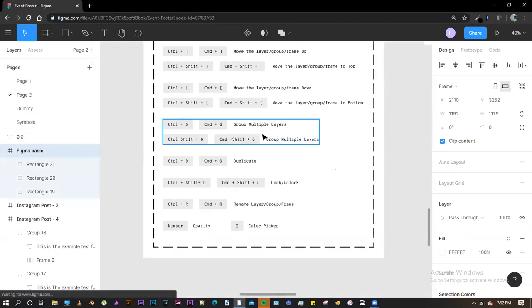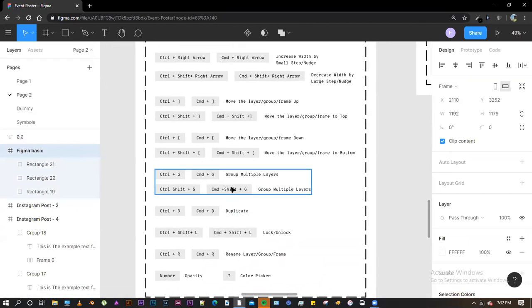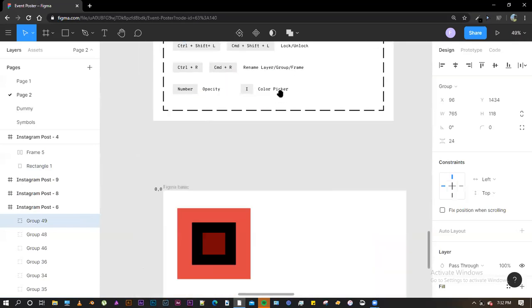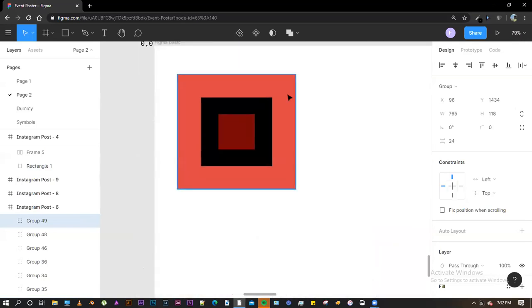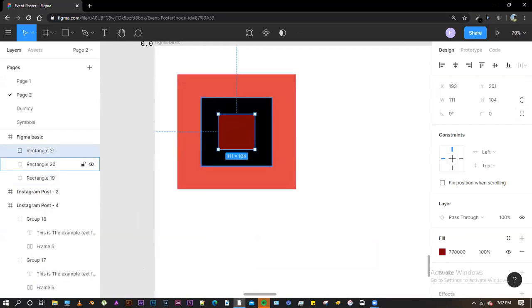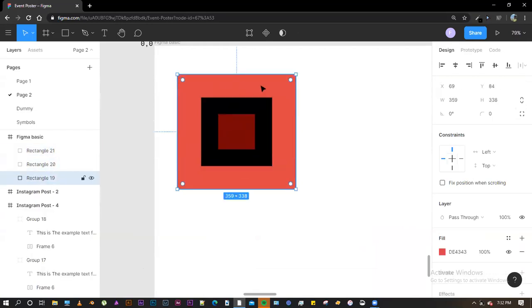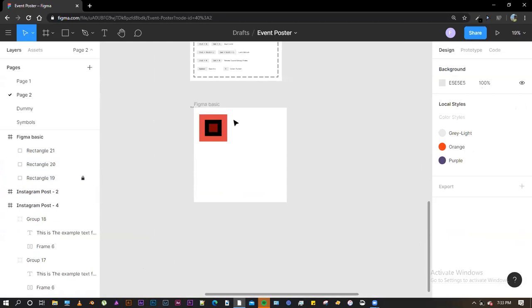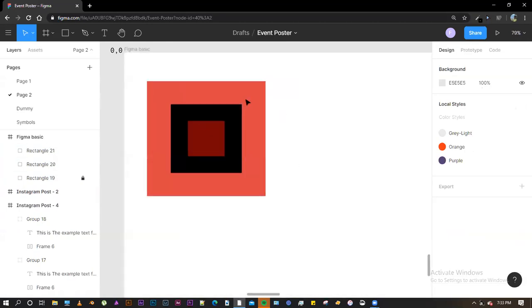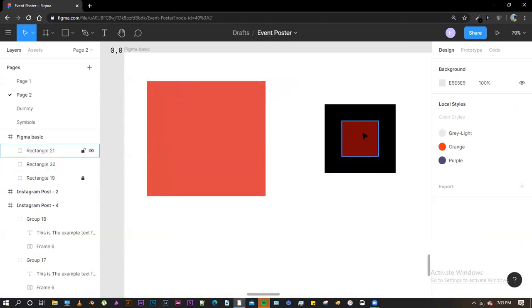All right. So we have covered the shortcuts up till here, and now let's move on to the lock and unlock shortcut. So if I only want to work with these two layers and not this layer, I can lock this layer either from here by clicking on the lock icon, and if I click on it again, it would unlock. So what locking and unlocking means is if I lock it, the shortcut is Control or Command and Shift, then L. So if I lock it, then I wouldn't be able to move this shape on this frame. I would only be able to move the other shapes that I have on this frame.